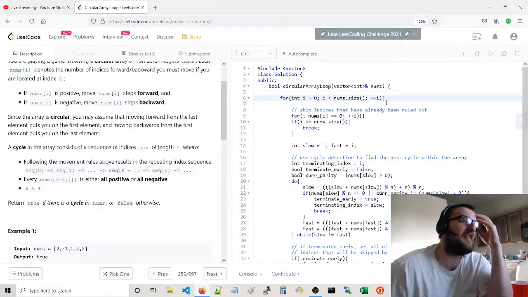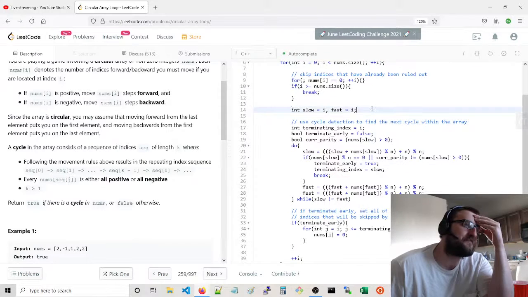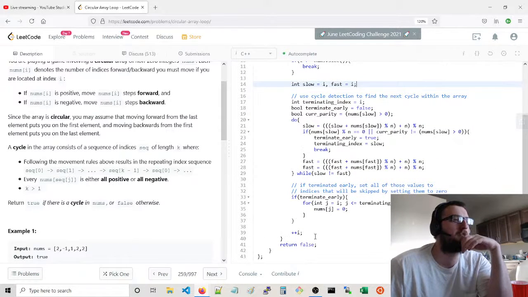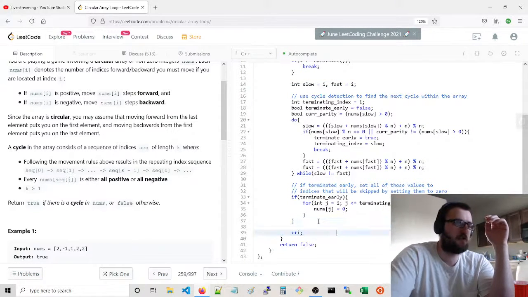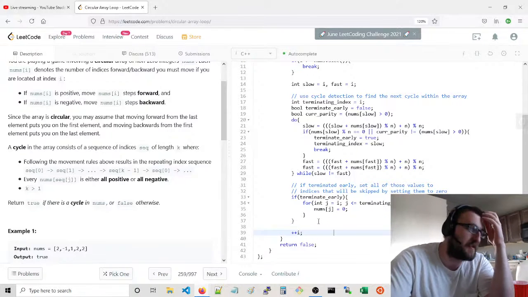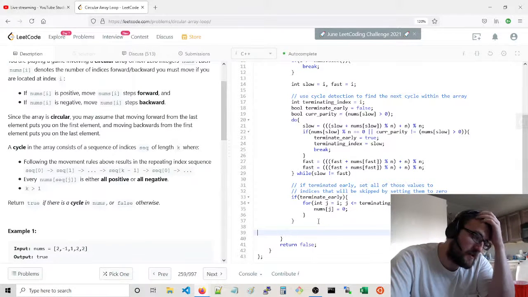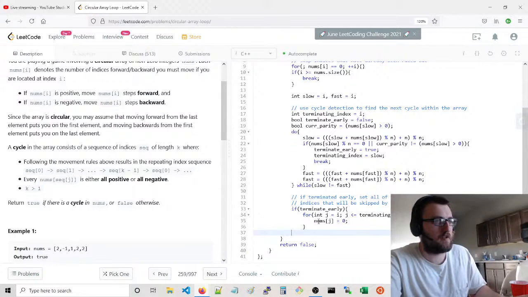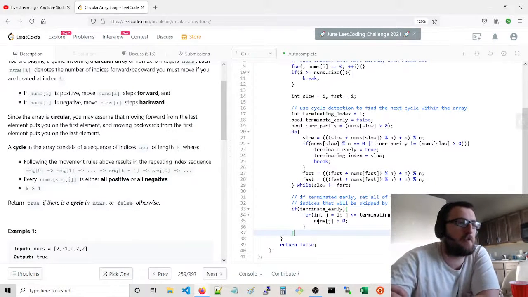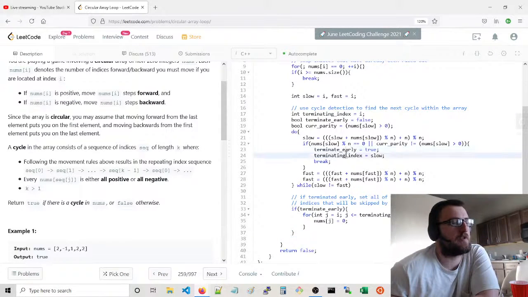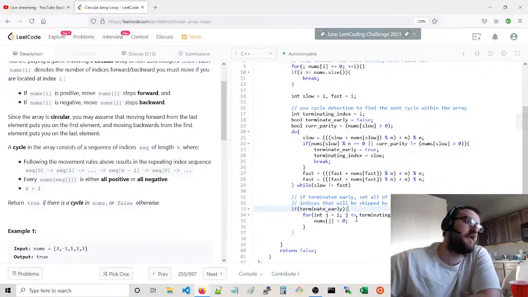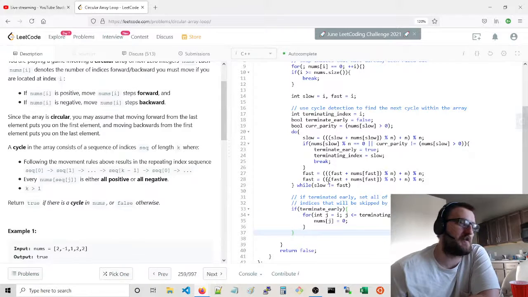Interesting. That's if you terminate early, and the only reason to terminate early is if you hit this terminating index here. The parity switches. Now, if you don't terminate early, what's interesting is